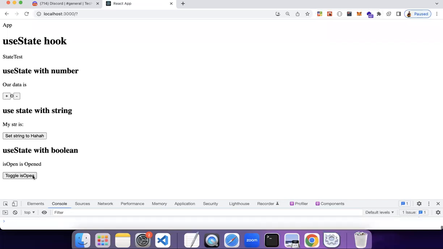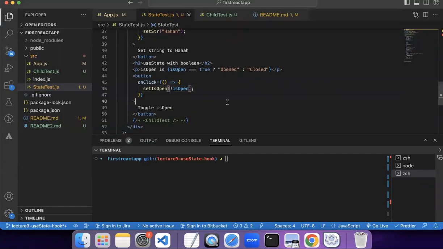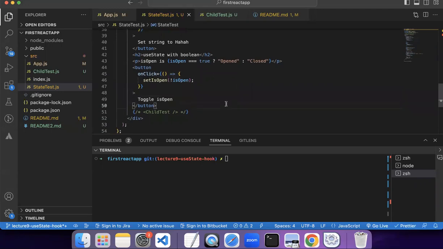Now, if I click toggle isOpen, you see, this is open and close. This is toggling. This toggle means changing it to open or closed. If it is open, make it close. If it is closed, make it open. Now we can